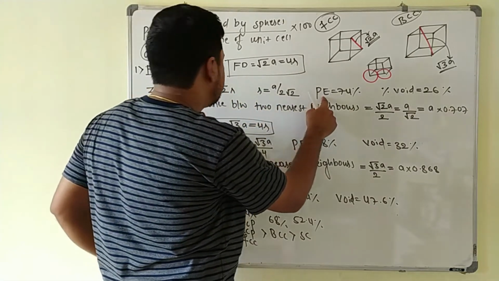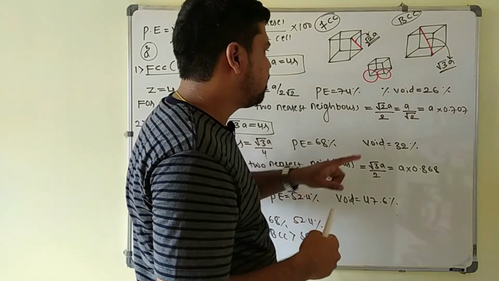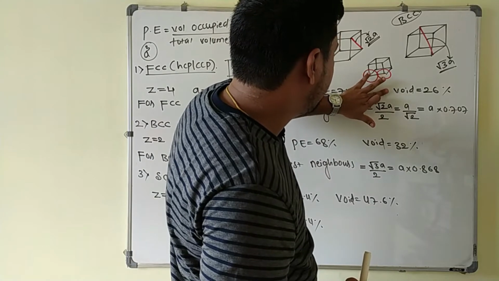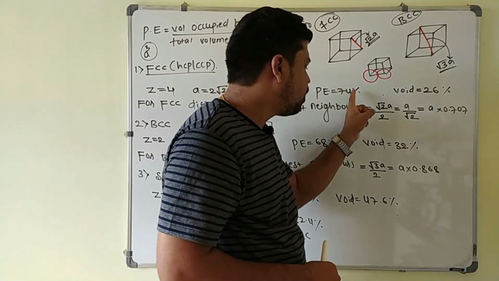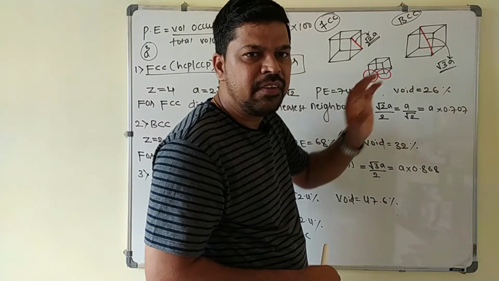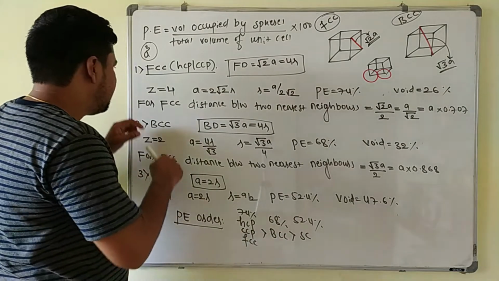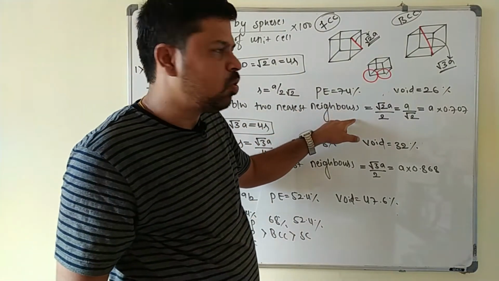Next, packing efficiency in case of FCC is 74%, and the empty space left, that way I can write it as void, okay. The percentage of void is equal to 26%. So 74% of space is filled by the spheres and 26% is left vacant here. Similarly, in case of FCC, the distance between the two nearest neighbors will be